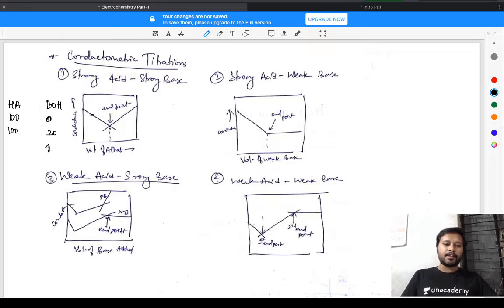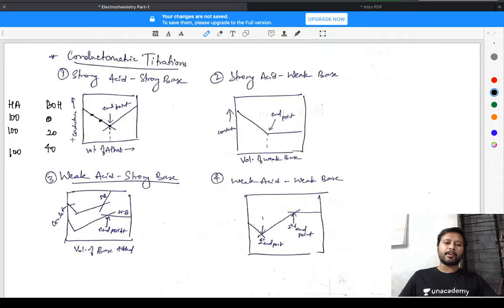Now I am increasing the volume of my alkali. Let's say I make it 40, and the acid is always 100. It is fixed. Okay. So now 40 will neutralize 40 moles of your acid, and what will be left is 60 moles. So again the conductance will decrease. It will keep on decreasing until you reach a point where all of your acid is going to get